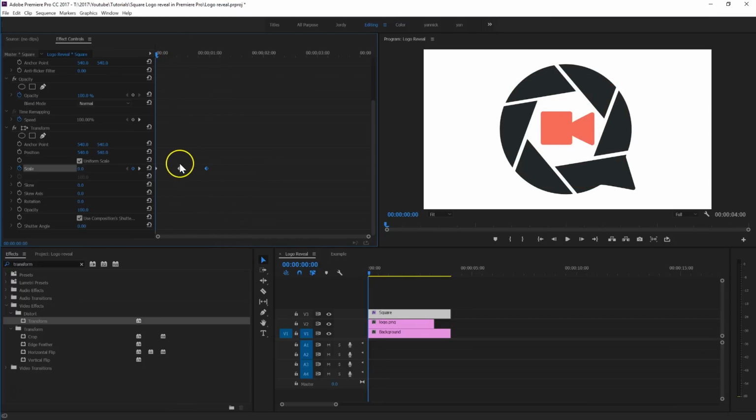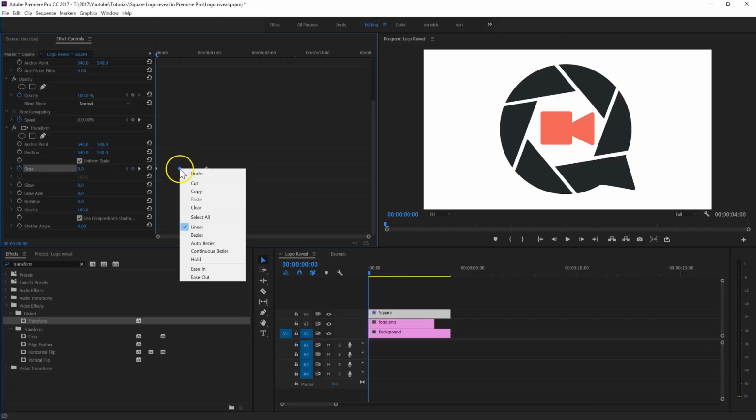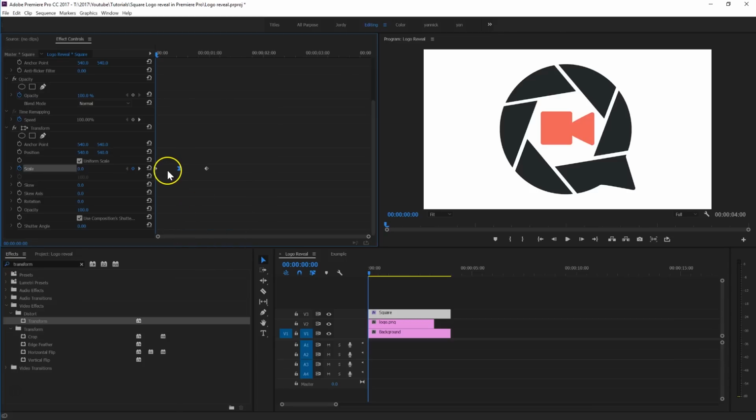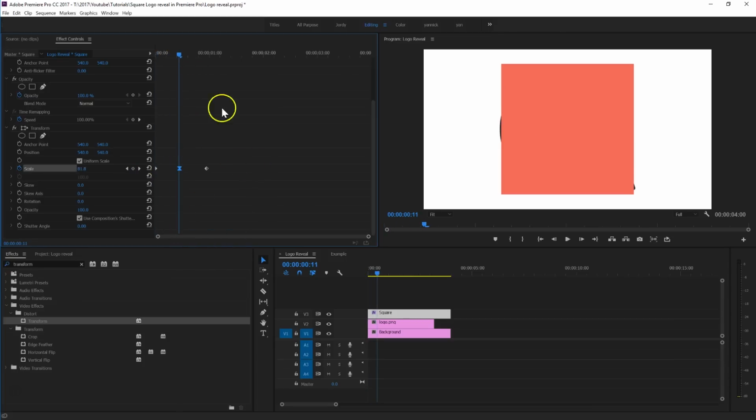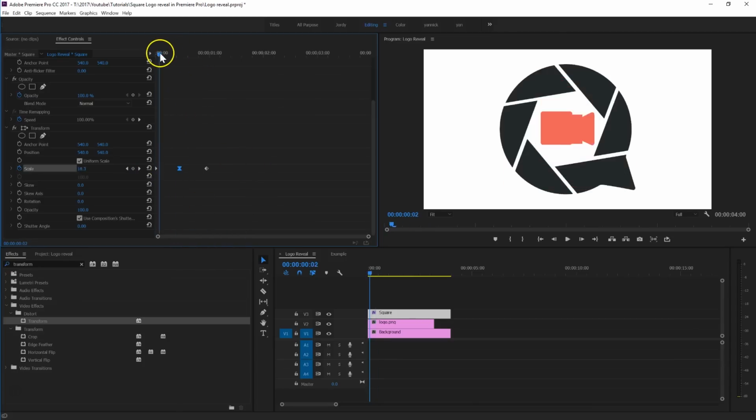And what I'm going to do next is, on the middle keyframe, right click on that and say Bezier. That way the animation goes smoothly to that point and goes out again smoothly. Let's just play that so you can see what it does here. Looks pretty good. Now you can fine tune this even more by opening up that scale property,